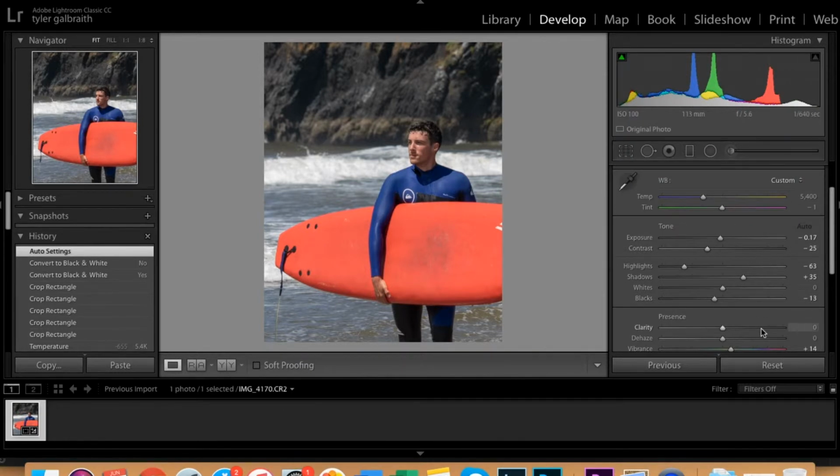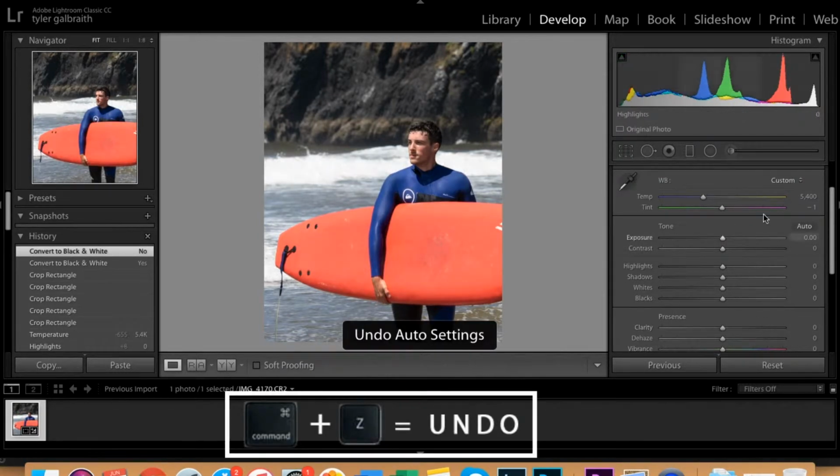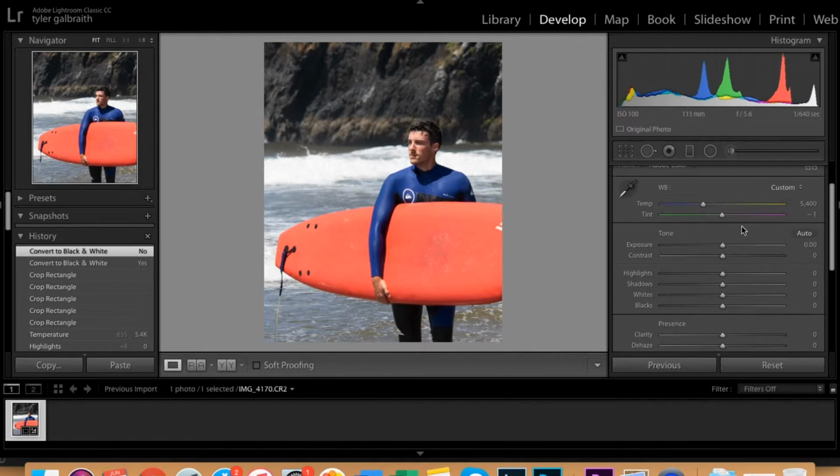It can give you a good idea of where you're going to want to go with the photo, or you can use it and then just make some small adjustments from there. We're going to start from scratch. I'm going to hit Command Z, bring us back to there, and then we're going to start up here with